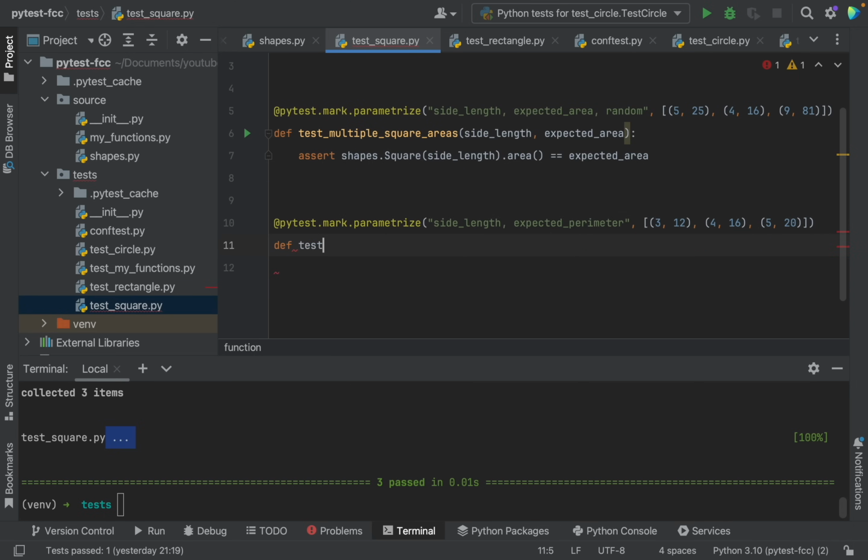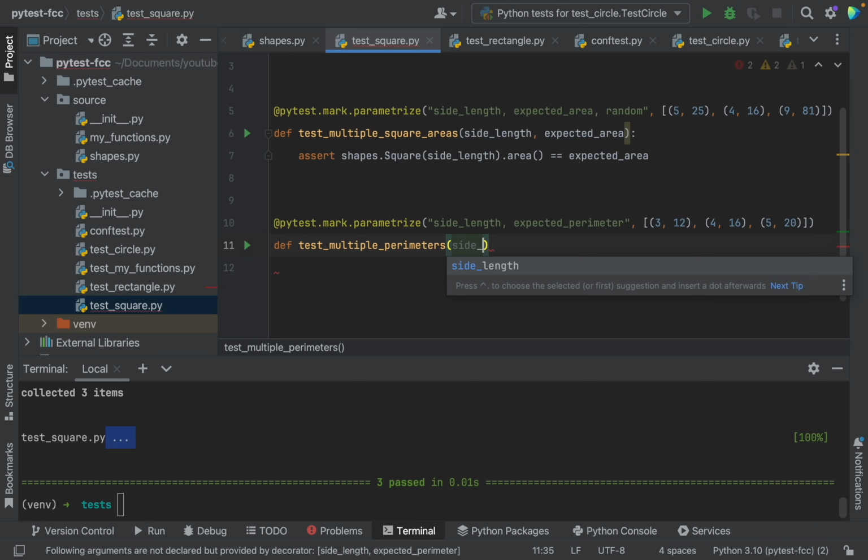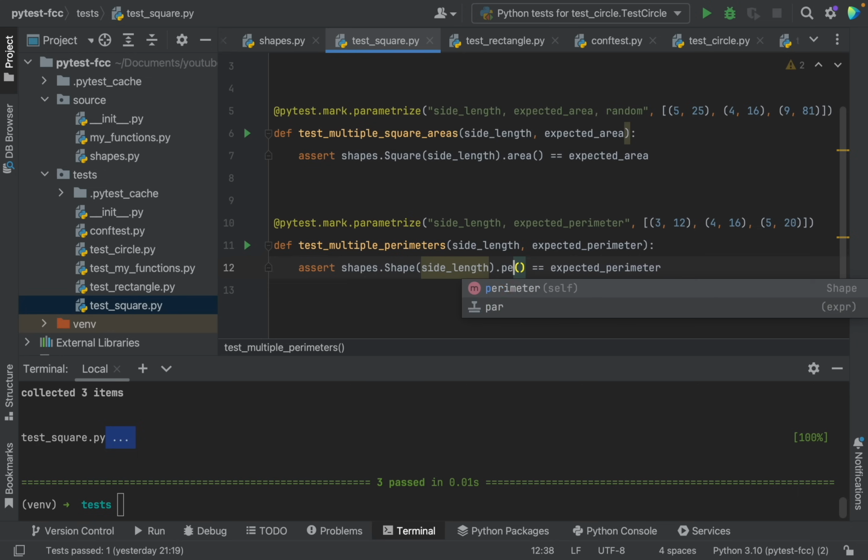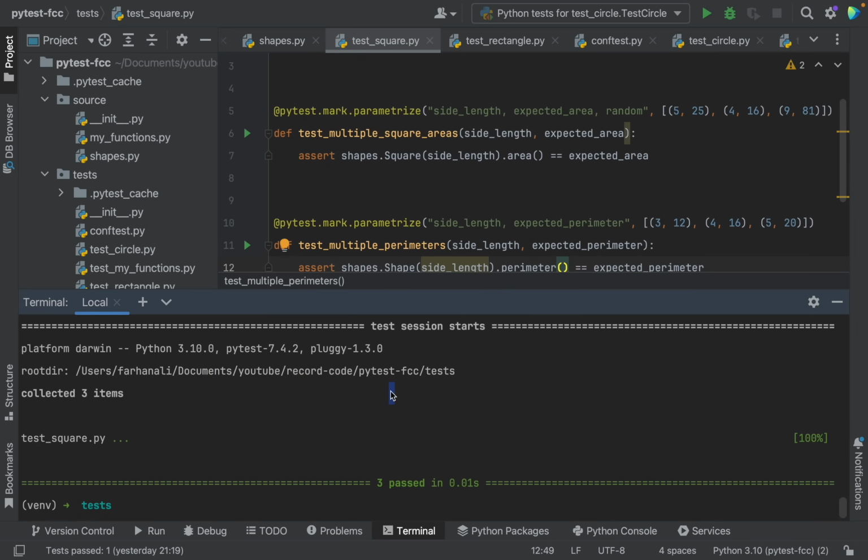And then we'll say define test multiple perimeters, and then we'll say the side length and expected perimeter. And we'll do the exact same thing. So assert and then shapes dot shape and throw in side length dot area equals the expected perimeter. And this should not be area. This instead should be the perimeter. And there we go. Let's go back into our terminal. And if we were to run this now,